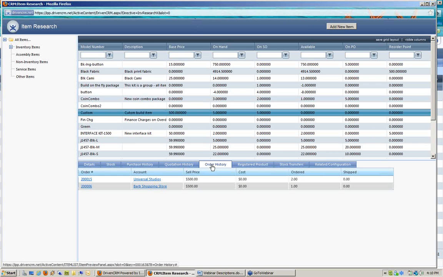Next tab is our order history. So what customers have actually ordered this product. So I see here right now Universal Studios has also ordered 2 of them, and they have not shipped yet. And my Barb Shopping Store has ordered 1 of them that has not shipped either. Now, these numbers here, the ones that have been not shipped yet, should total up to your allocated